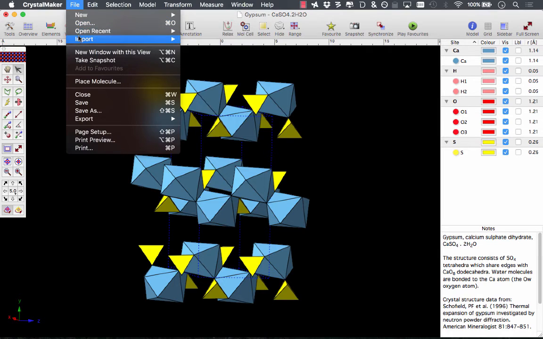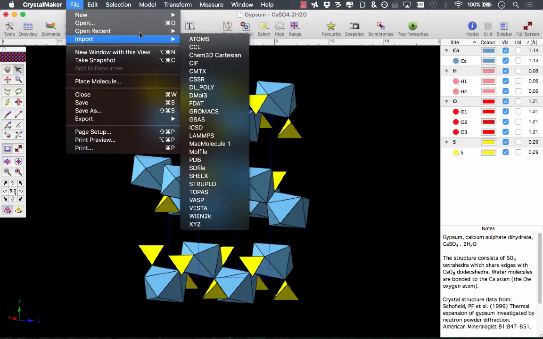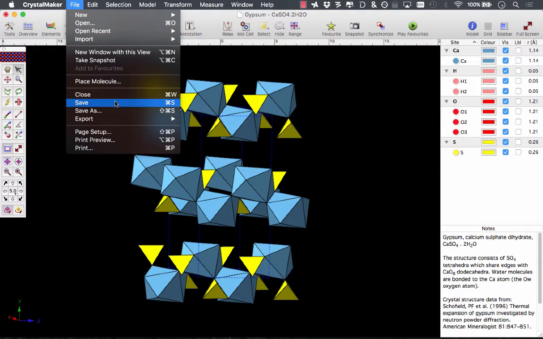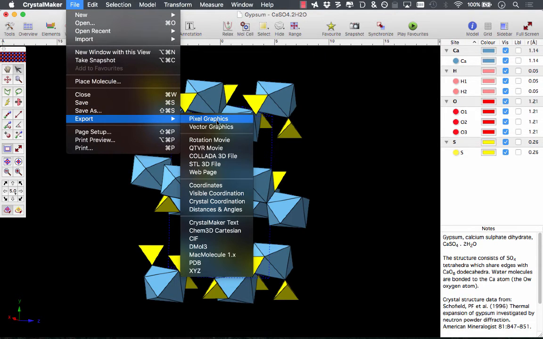From the file menu, we can also import data. So for example, if you've been doing a Rietveld refinement using GSAS, or if you've been accessing the ICSD and have a CIF file, a crystallographic information file, you can import those directly here as well. We can save our work, and we can also export here to give us graphics files and movies and even 3D files. But bear in mind,